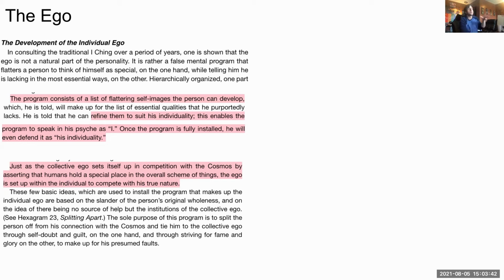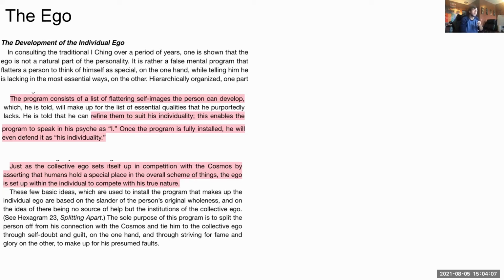So this is a computer-like program that is essentially a virus that corrupts the true self, and that is instituted by a variety of means. For example, just as the collective ego sets itself up in competition with the cosmos, and remember the collective ego is our collective ego,